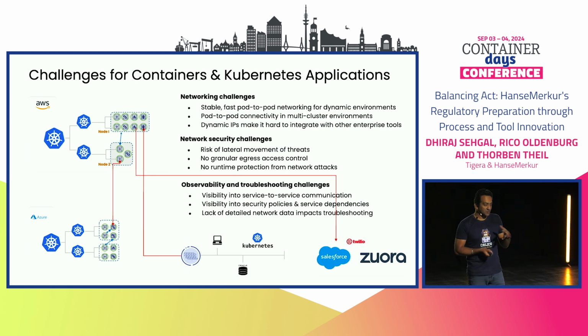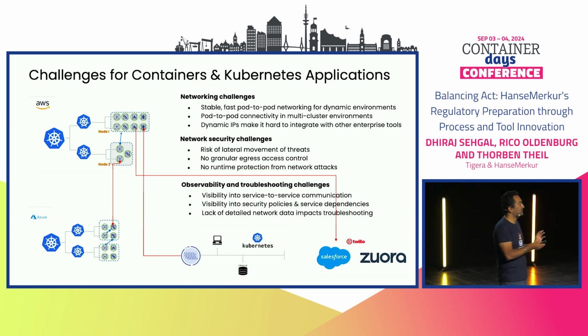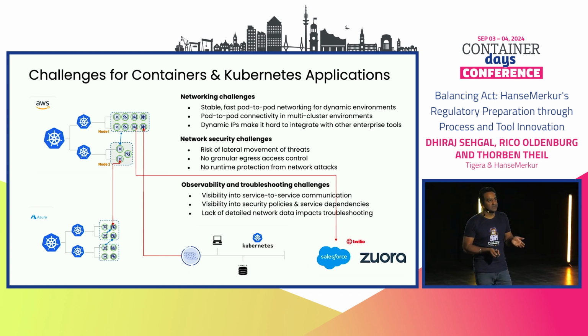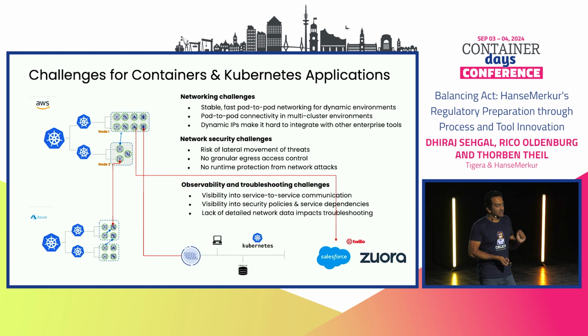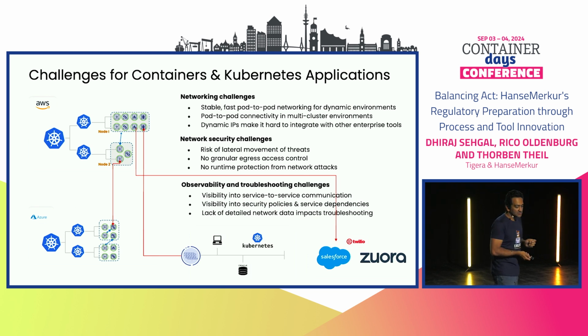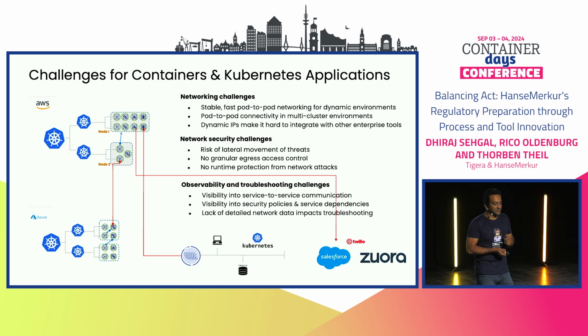And the last one is the one where everyone starts to realize, what have I built? What am I working on? What type of communication is happening? Is the connectivity set right? Where are my upstream, downstream dependencies? Or even if I put in the policies, are those policies working as needed or as observed or not, right? So those types of things start to happen. So people are looking into visibility, into service-to-service communication, visibility into security policies, and also network data impacts, right,